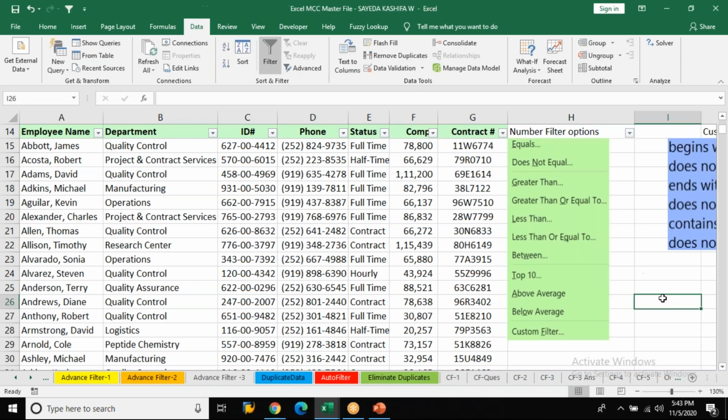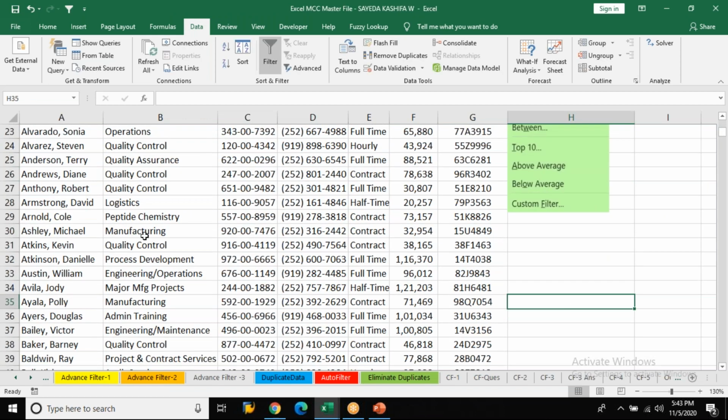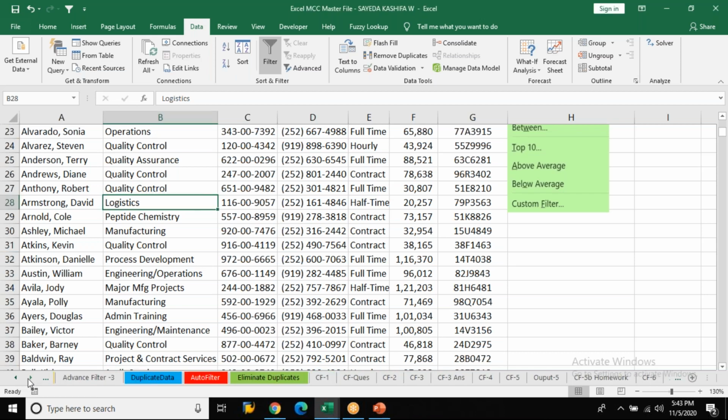And what if I ask you, what is the function to find out how many characters are there in the word manufacturing, or quality control, or logistics? What function will you use? Exactly, I have to use LEN, length. So that's a simple thing. Are you guys ready for the exam here? I don't know.